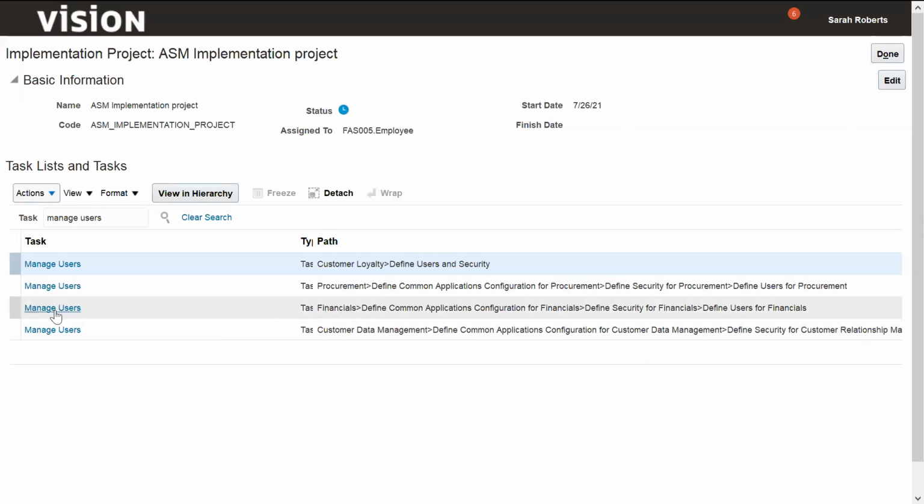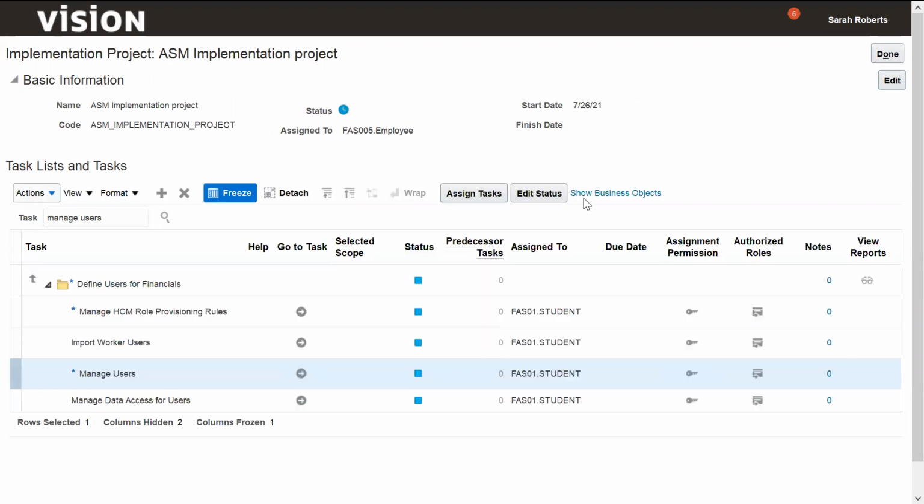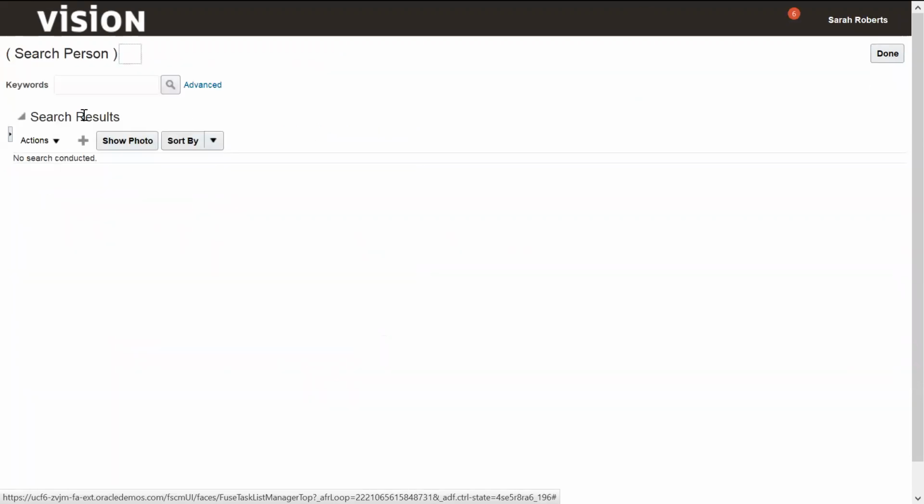Let's select the third one, the financial define options. Go to task, manage user. So here you can search for an existing person. Like in EBS, where we define this by going into the HRMS, here in Oracle Cloud Applications we can create